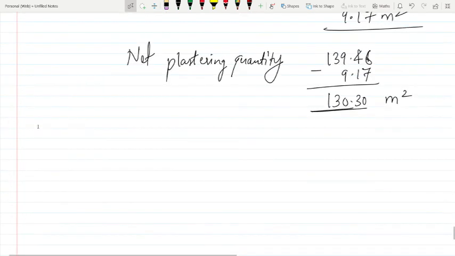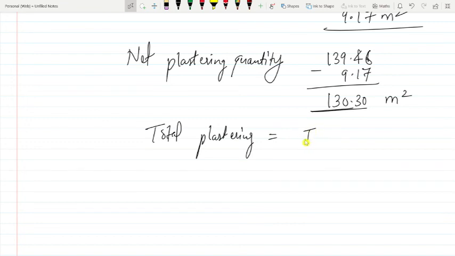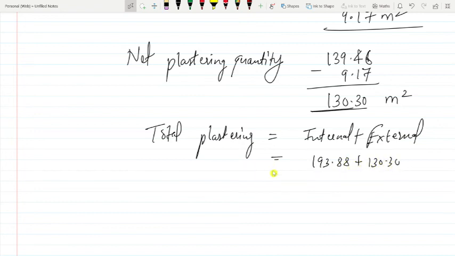So finally, total plastering is internal plus external. Correct? Just see, internal is 193.88 plus external 130.30.